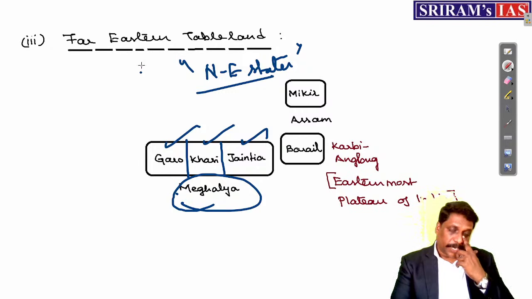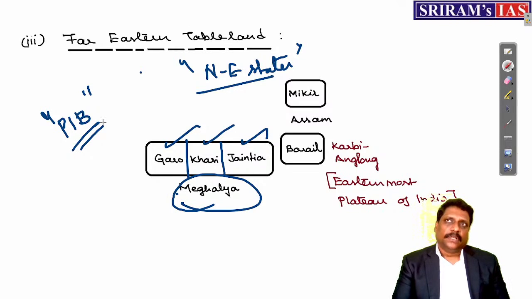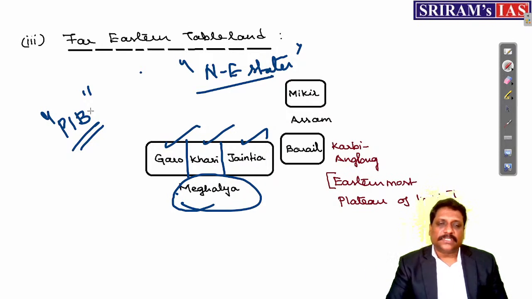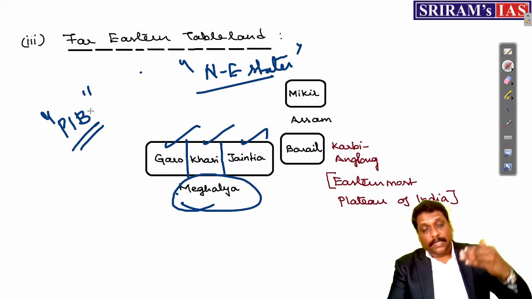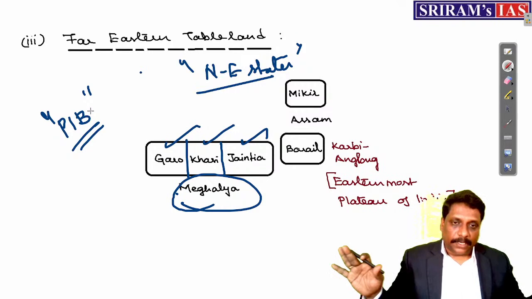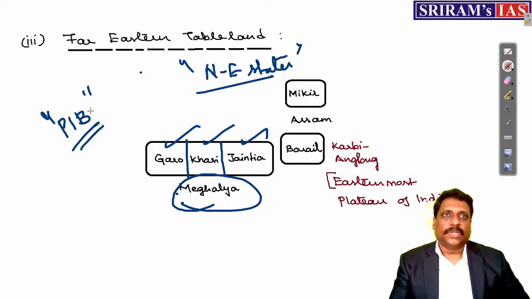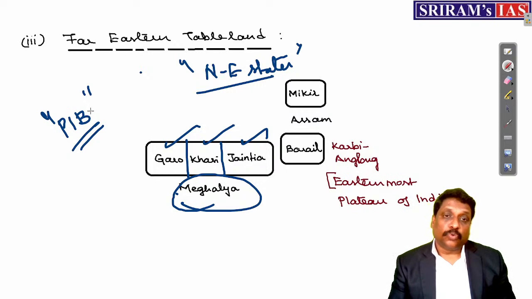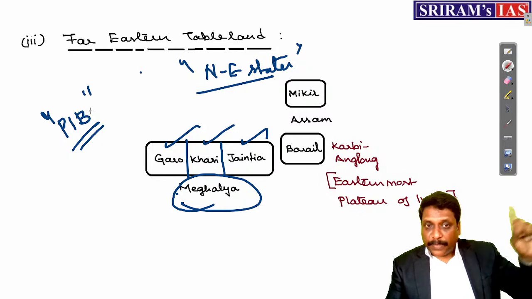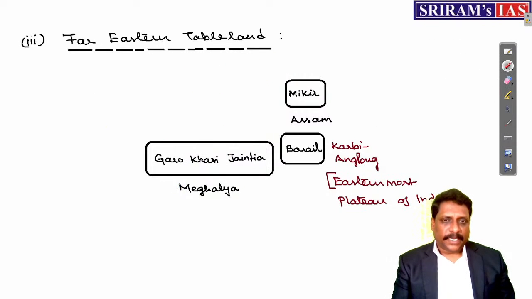A small clarification: according to PIB sources, according to administrative classification, they say that Himalayas also extend in Meghalaya. Meghalaya is also regarded as a Himalayan state under administrative classification. But geographically, Meghalaya is not Himalayas. Geographically, Meghalaya is a shield. Meghalaya is the place where I have the extension of a plateau. But still, for examination, which classification should you prefer if you ask me? I will say you should go for administrative classification. Okay? Because that is more popular. Right? Now, entire Meghalaya is a shield. Entire Meghalaya is a plateau.